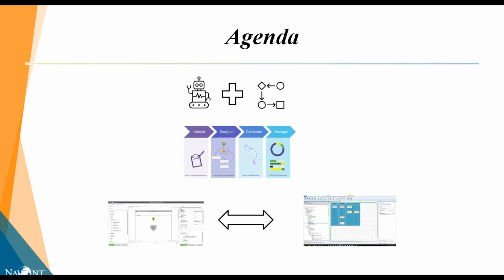For our agenda, we're going to talk about how robots can increase the level of automation within our workflows. Then we're going to take a little bit of time and talk about the Hyland RPA suite as an example of an RPA toolkit that can be used to accomplish this. And then finally, we're going to take a look under the covers and see exactly how we're linking our robotic process automation and our OnBase workflows together.